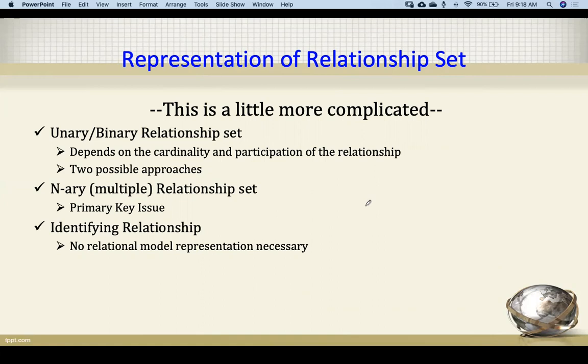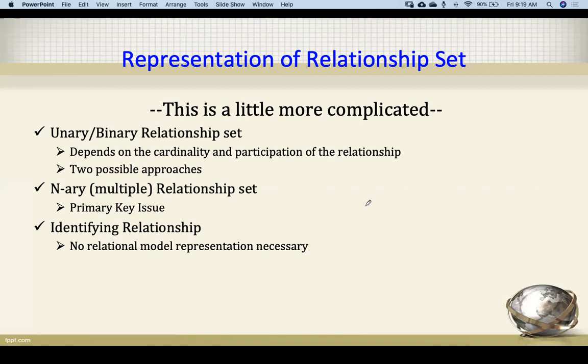Or there will be an n-ary relationship, meaning n number of relationship sets is possible, meaning one relationship is attached with more than two entities. Let's say there is one relationship which is attached with a student, professor, or let's say the academic, so this particular relationship is called an n-ary relationship.